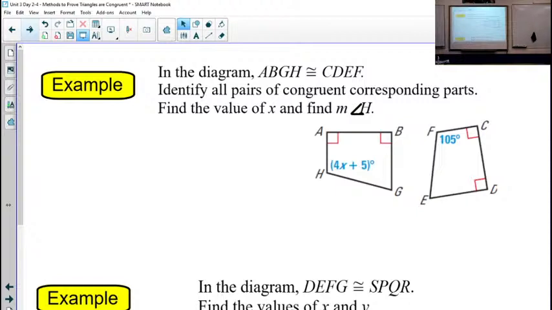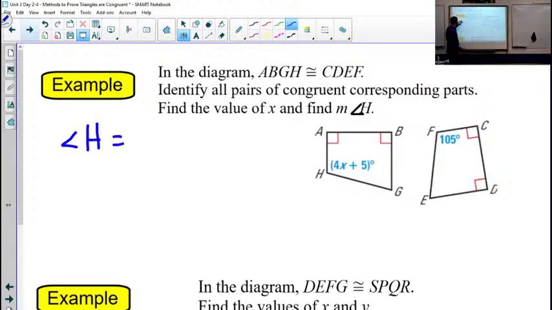In the diagram, ABGH is congruent to CDEF. We're going to solve for x, and then we're going to find the measure of angle h. So first off, we need to know what angle h should be paired with. And I'm not even going to look at the diagram. I'm going to look right at the congruence statement